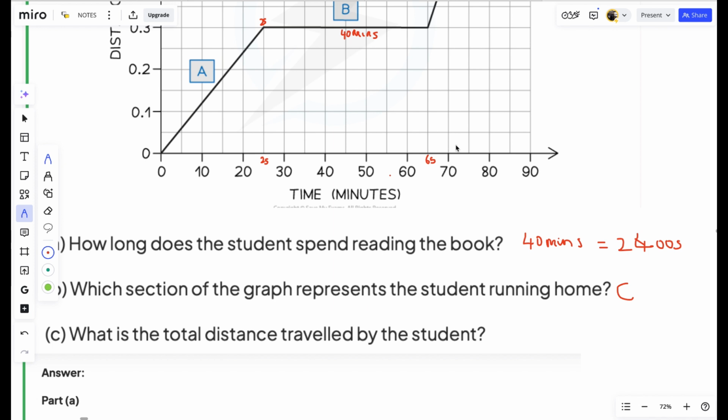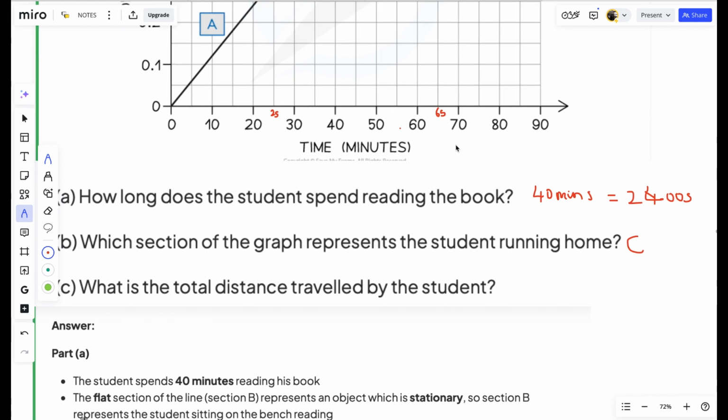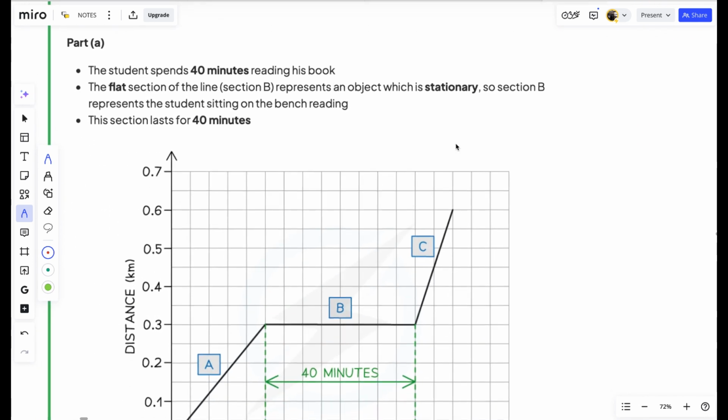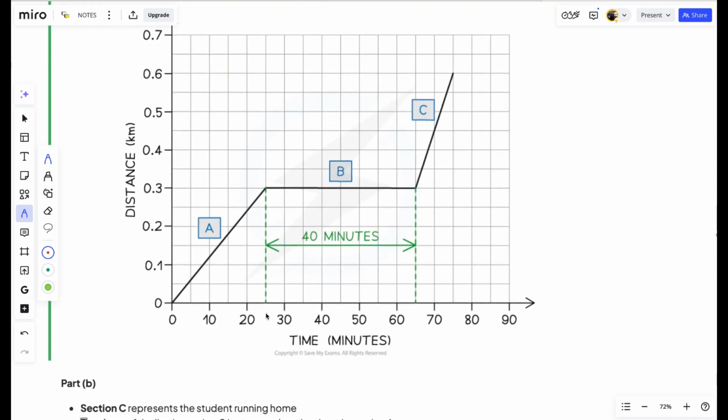Now, what's the total distance traveled by the students? For the total distance, we're going to calculate everything. Now, let's show the solution. The first one, we say 40 minutes, because this represents 40 minutes, from the time they started, which is 25,